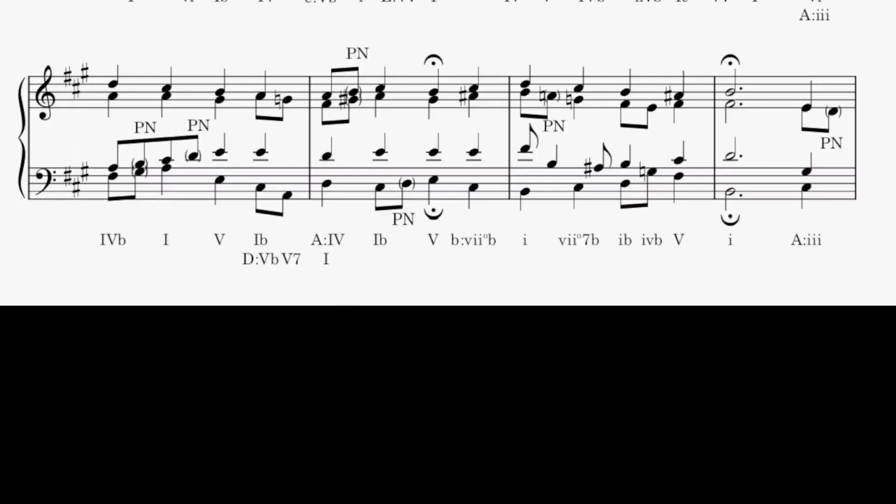In section B, we observe the cadence ends on an E major chord. Because of the G sharp, we assume that this is back to A major. If it is in A major, it will be A major 5, E, G sharp, E. Then when we work backwards, this is A, C, C sharp. This is A, C sharp, E, so this will be a 1B in A major. Then another chord backwards will be A major 4, D, D, F sharp, A. So these two quavers are acting as unaccented passing notes.